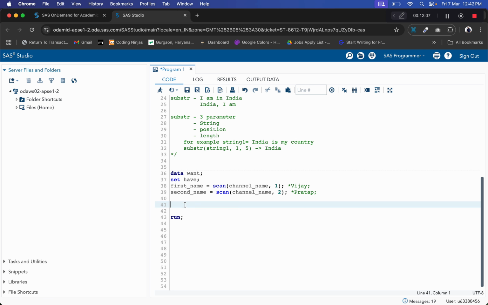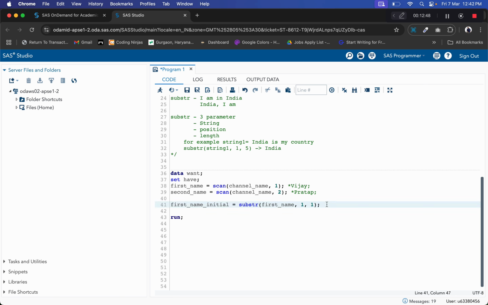So we can do this by using this substring function. So let's write the name. Let's create the variable as first_name_initial, meaning first name initial. Okay. And we are using substr, and in this substr function we are passing this first name, Vijay, and we want to find out, from the first position, only the first letter. So we are giving 1 comma 1. 1 comma 1 means from the first position the length is only 1, so we will get V.